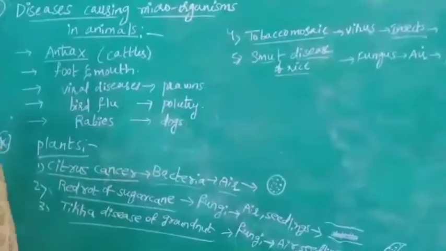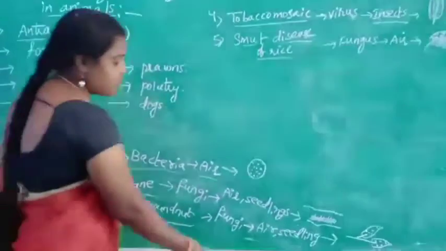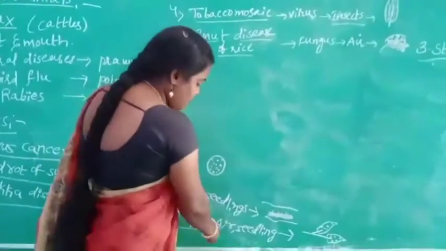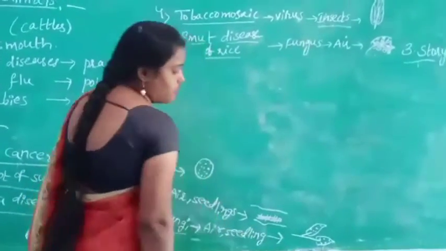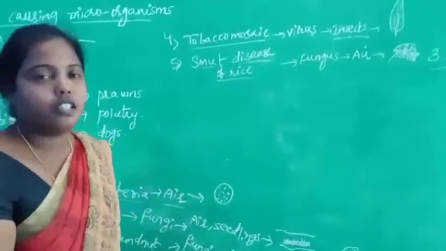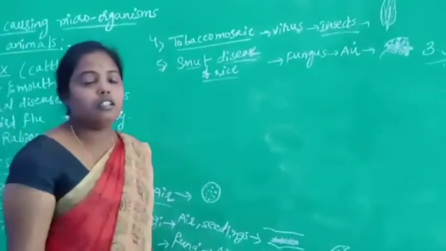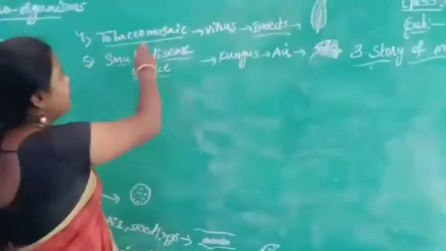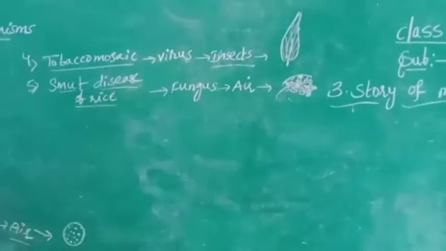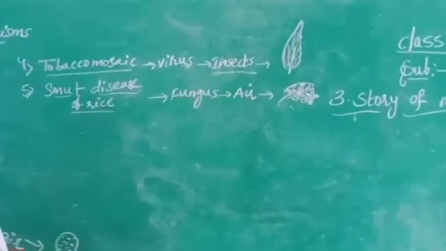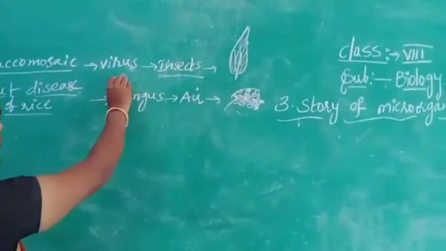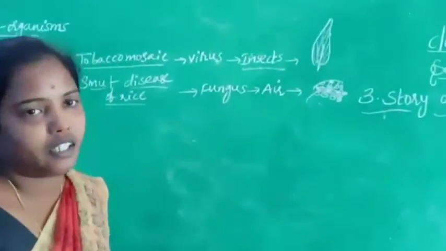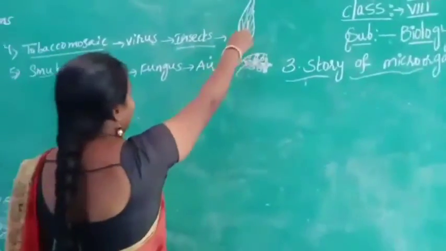Next, third one, tikka disease of groundnut, which is caused by the microorganism fungi. The fungi are transmitted through air and seedlings. You can observe brown or red color dots which appear on the groundnut leaf. Next, fourth one, tobacco mosaic is a disease caused by a virus. This virus is transmitted through insects, meaning insects act like a vector here. So we can observe red lines